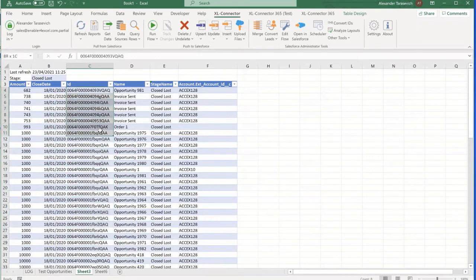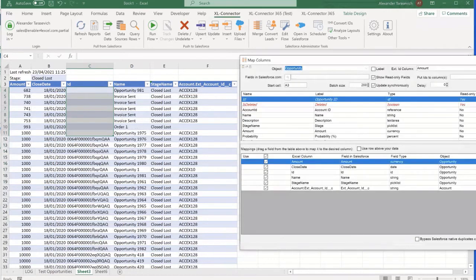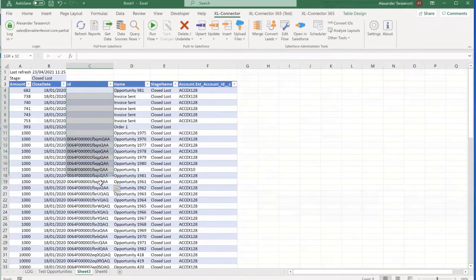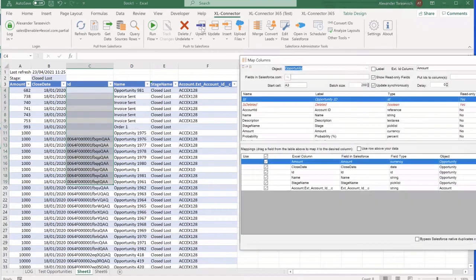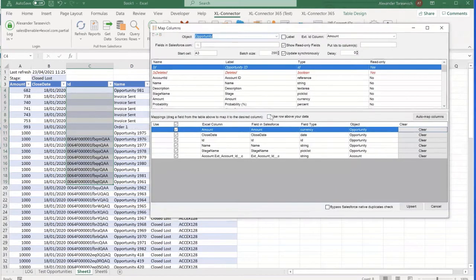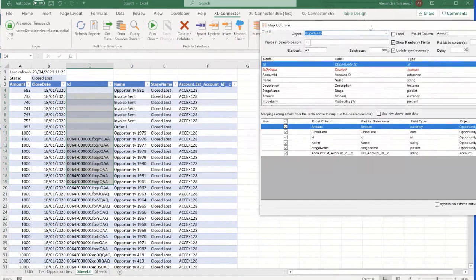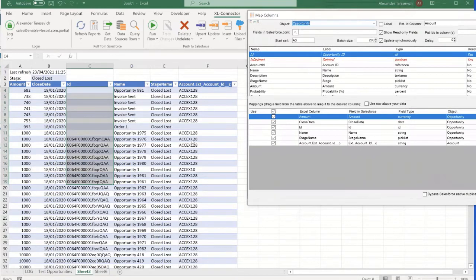Because you probably noticed these dialogs are the same, right? But with the upsert, it will let me show you some specifics there. So again, this dialog box, same thing. It's mappings. You map the columns. So this is not very straightforward. If I wanted to associate my records, and it's usually when inserting records, when creating records, if you want to associate them with a parent record by external ID,